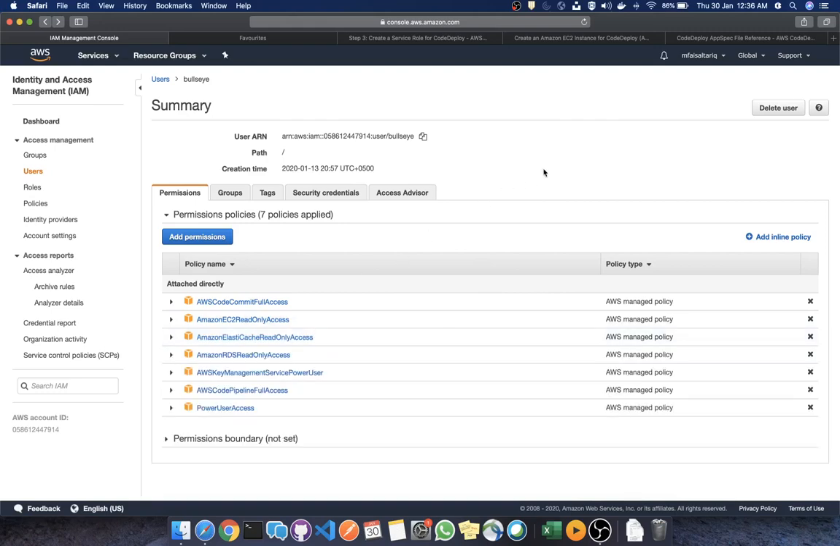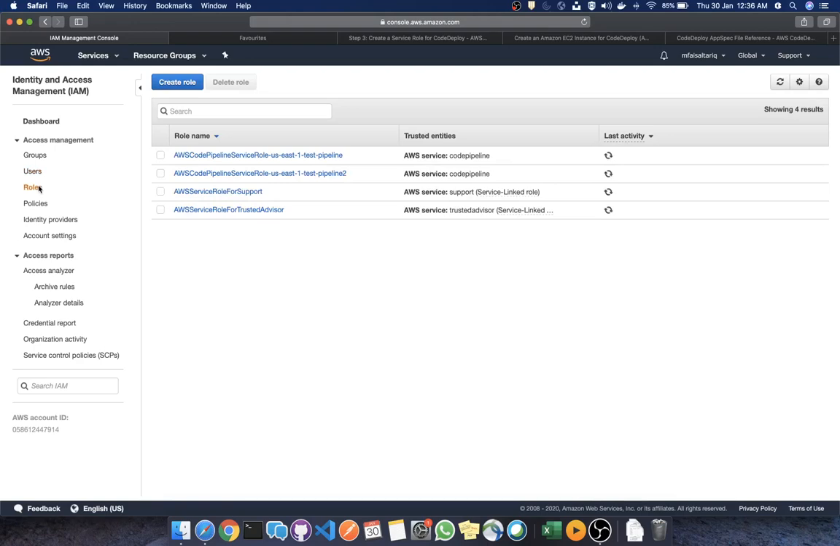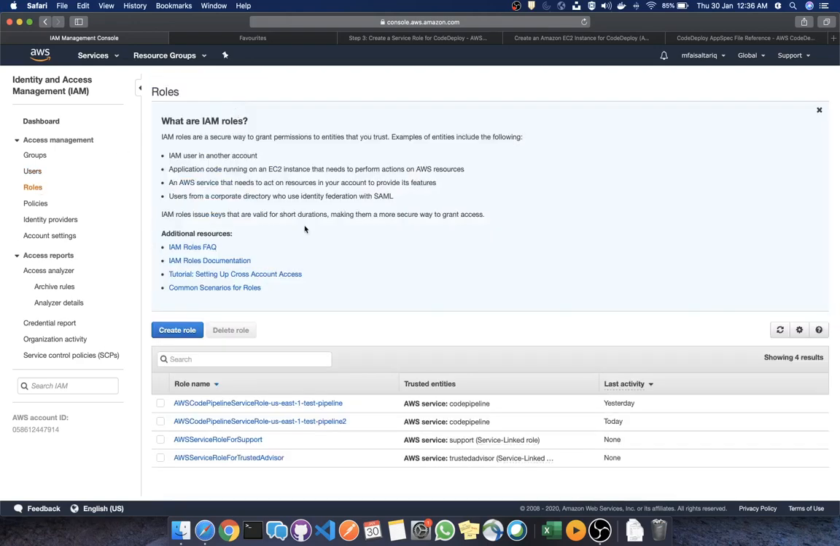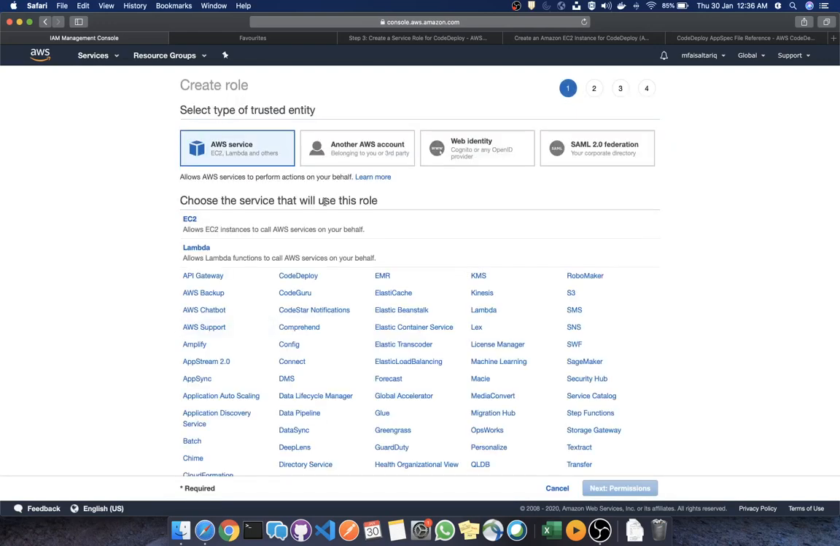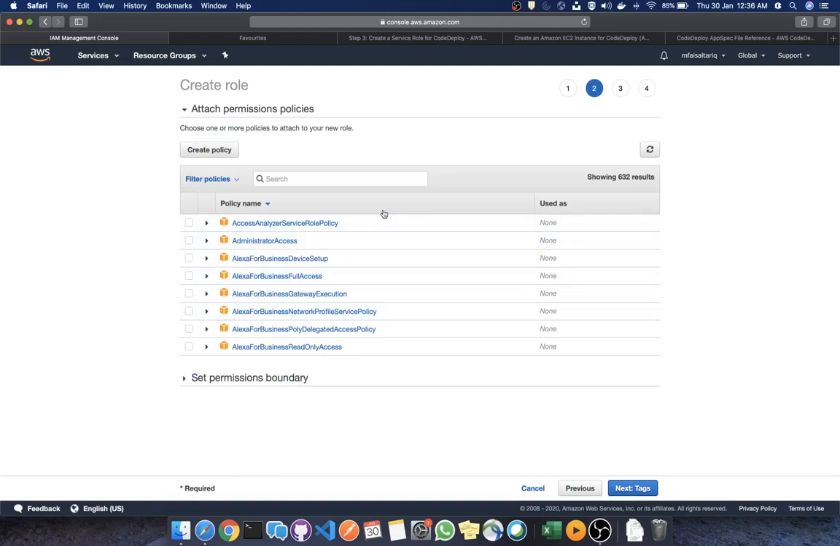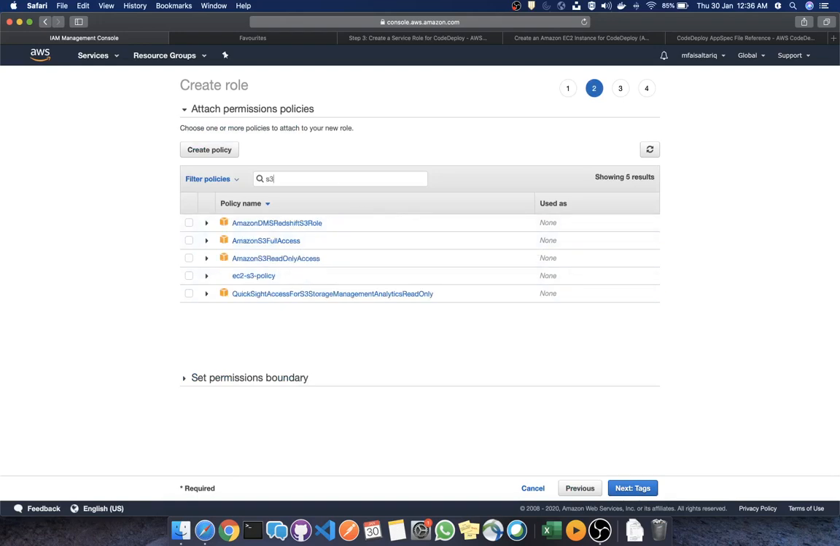Make sure that you already have the keys for this user and everything for this user already set up, and then we need to create some roles for it. So in order to do that, what I'll do is I'll go into the role section, and the first thing I need to do is create a role for EC2 instance in order to access the S3 bucket. So I'll search for S3 and I'll select this Amazon S3 read only access,